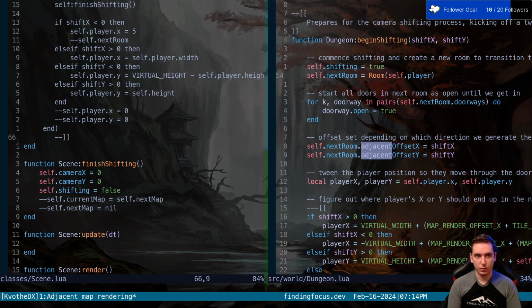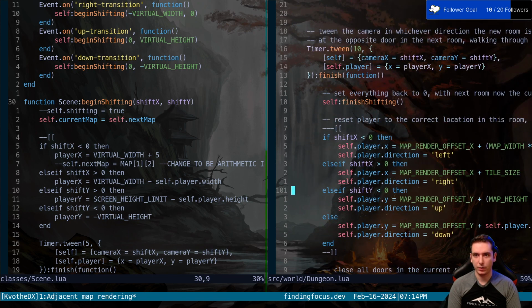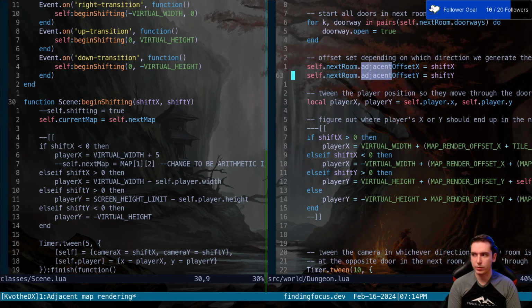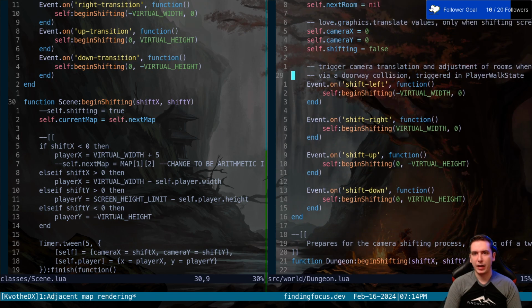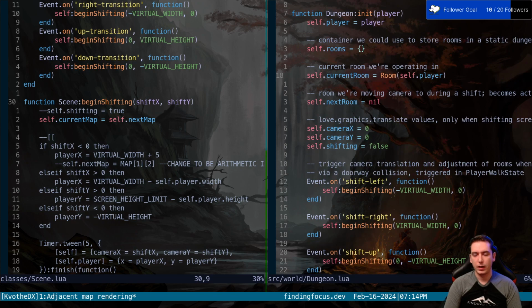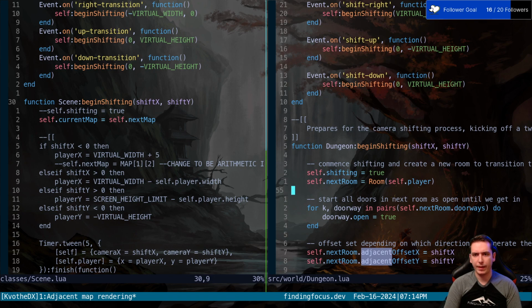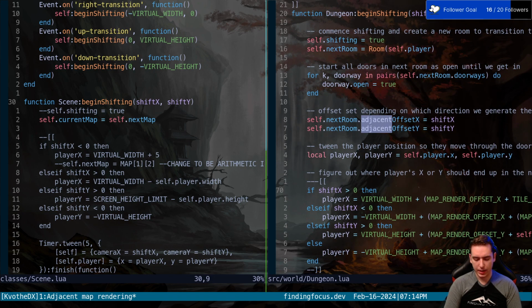And let's just make sure that yes, we have our begin shifting in our scene, just like they have their begin shifting in their dungeon. Okay, I think we're on the right track here. So I guess that means that we want to make sure we give our map, well, let's see, because they have